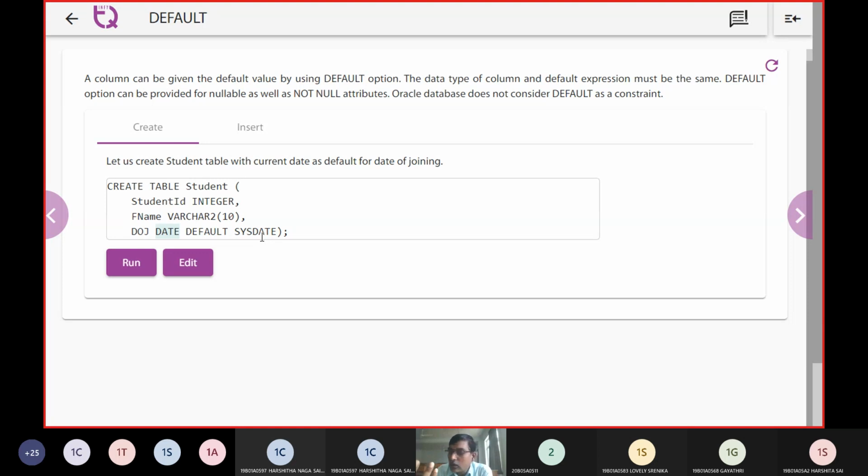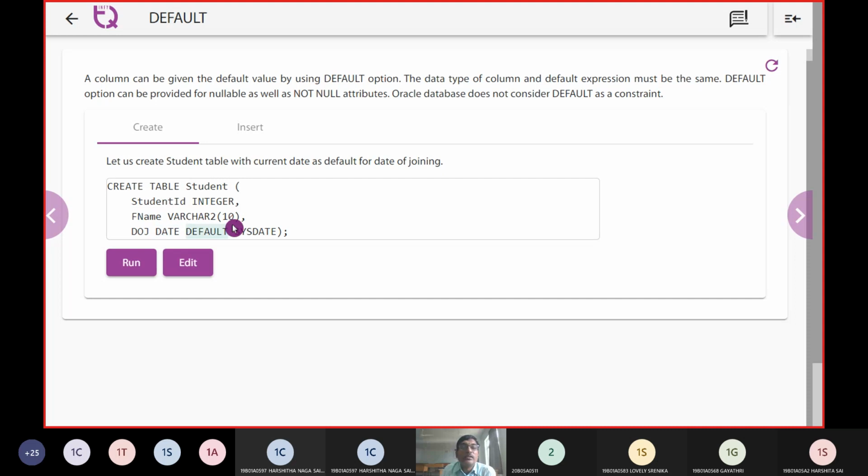Any operator will, by default, give the IST, the Indian Standard Time. So at any point of time, any mobile operator by default gives the same time. Similarly, when a person's record is inserted on the day he joins an organization, whatever the system time is, we take that as the default.